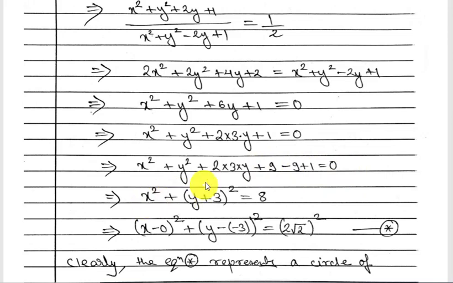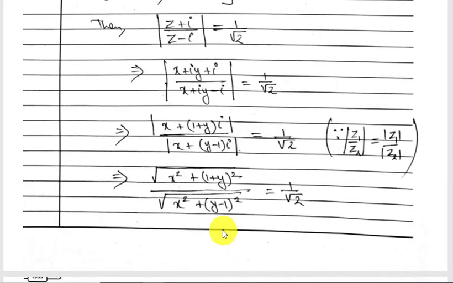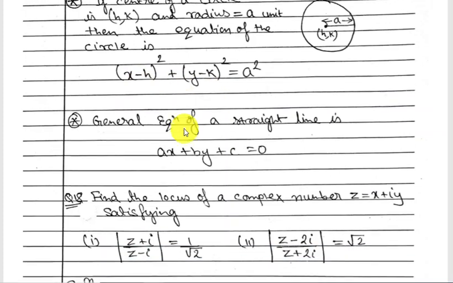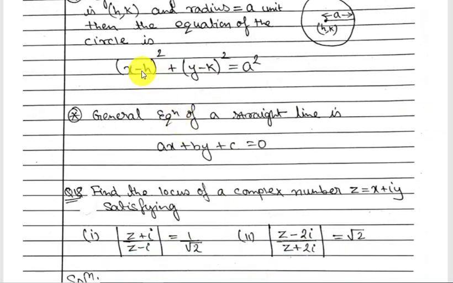So x square plus, for this much only, y square plus 2 into 3 into y plus 9 can be written as (y plus 3) whole square. And minus 9 plus 1 becomes minus 8, and that 8 comes on the right, you get plus 8. Next step, I can write this x square as (x minus 0) whole square plus this (y plus 3) can be written as (y minus minus 3) whole square. Here I'm writing in terms of minus because I want to use this (x minus h) whole square plus (y minus k) whole square equal to a square. So when we are writing the equation of a circle, in that case minus has to be there.